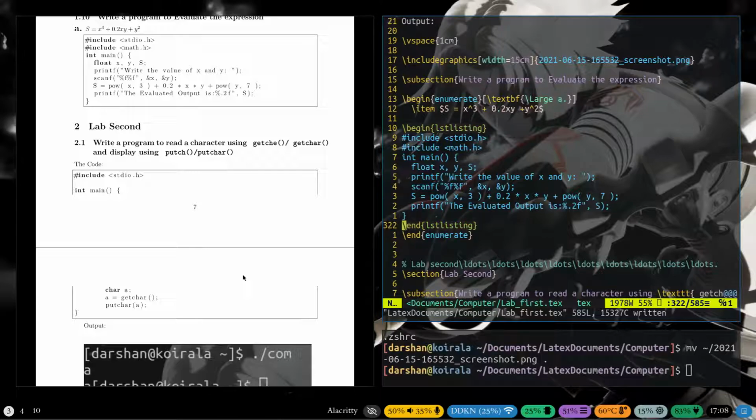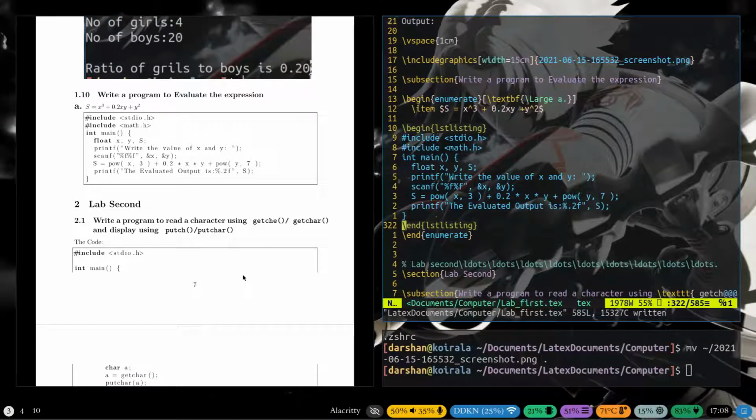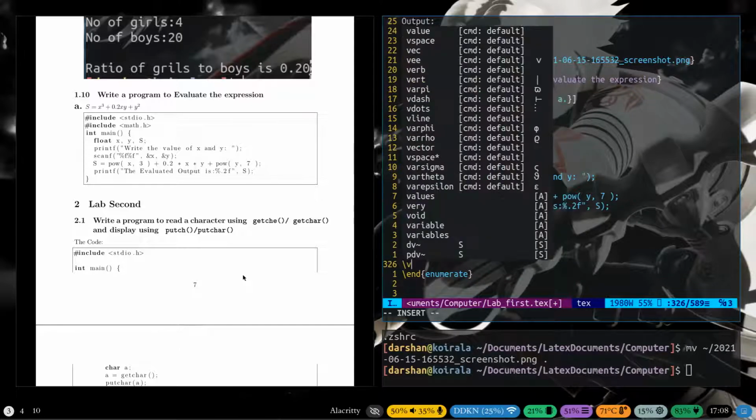So what I want is output, and it's going to be help space